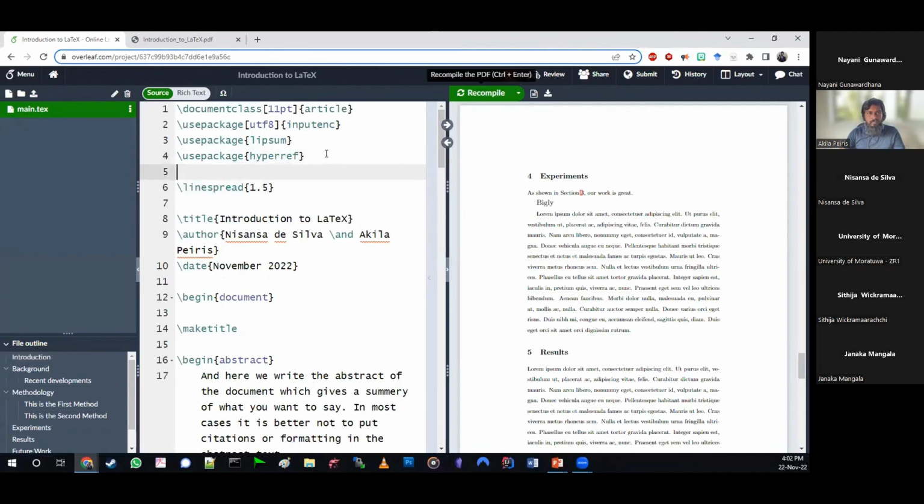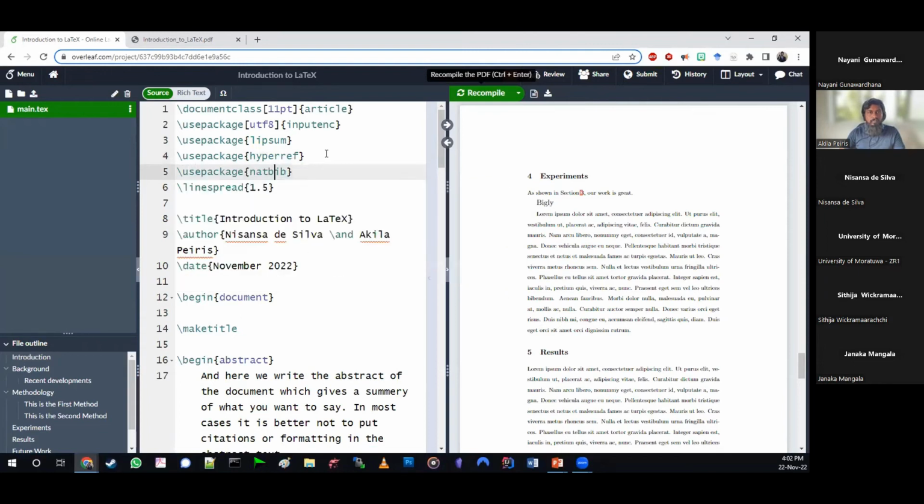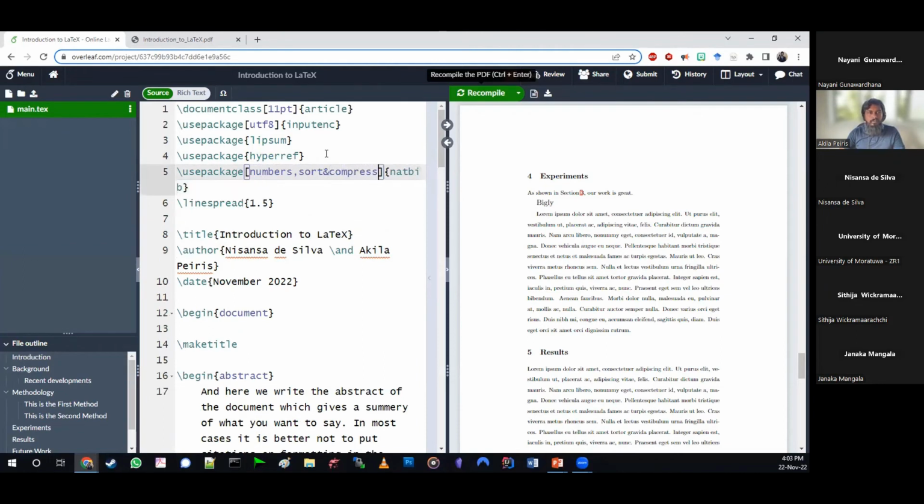Okay, so let's say usepackage and say natbib, and I'm going to give the parameters numbers, sort and compress, and also let's say square brackets, because that is how IEEE works.